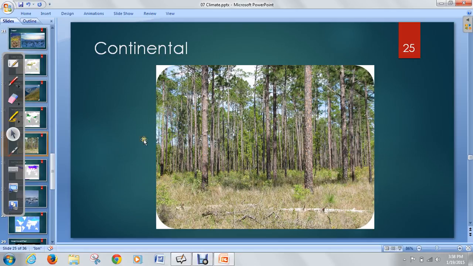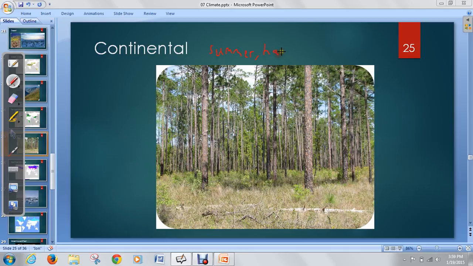So if you'll notice in these trees, they're very tall and their branches are very skinny and their leaves are very few. That's intentional. These trees have adapted over time because they know during the summertime it's going to be nice and warm and they could grow a lot, but they're also going to have a very harsh winter. So they're not going to grow as many leaves. They're not going to have as thick of branches because they don't want to have a ton of damage during the winter time. So continental areas have mild summers, but they also have very harsh winters.